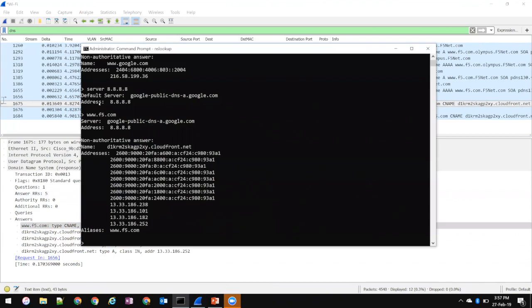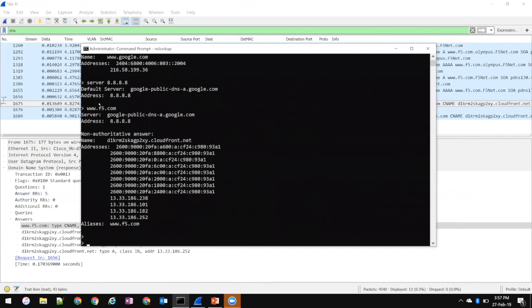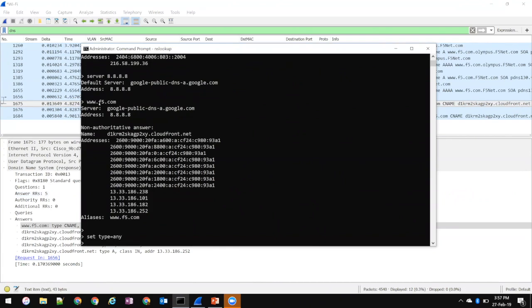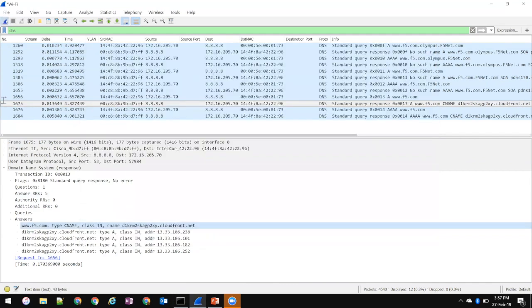So I mentioned earlier about the zone transfer. You can also do a test using NS lookup on zone transfer. For example, you can do set type equals any, and then ls -d www.f5.com. This is where you are trying to do a zone transfer from your client to the 8.8.8.8, trying to obtain the f5.com zone file, which is obviously not going to work, but this is just for example